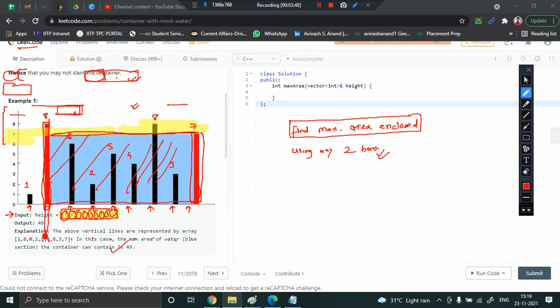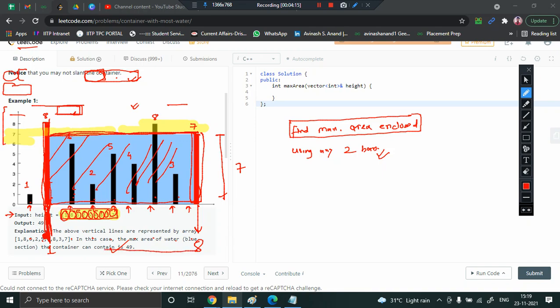You can see this is 8, this is 7, so the water cannot exceed this level, because this height is 7, this is 8, and the minimum is 7. So the height is basically 7, and if you see from here, this index is index 1, and this index, counting 0, 1, 2, 3, 4, 5, 6, 7, 8, is index 8.